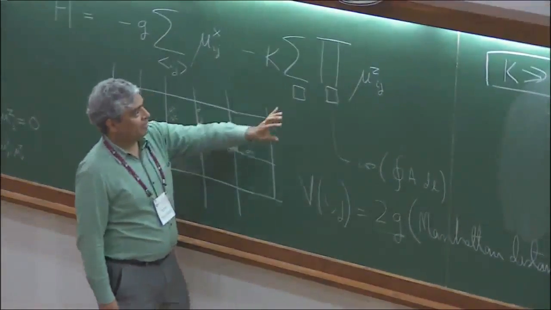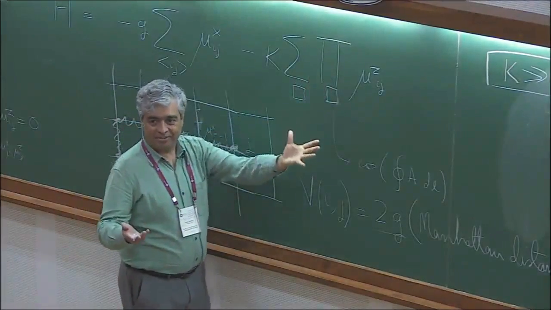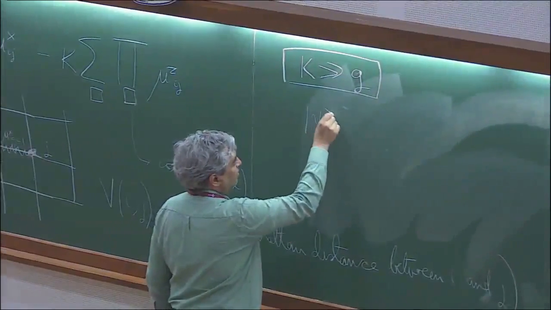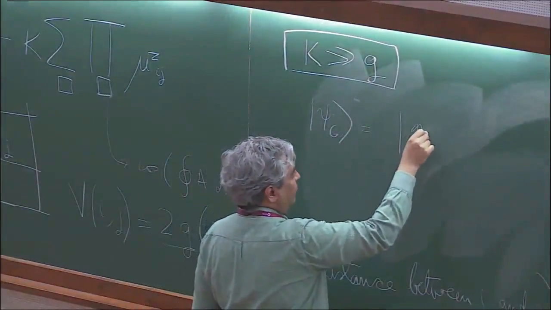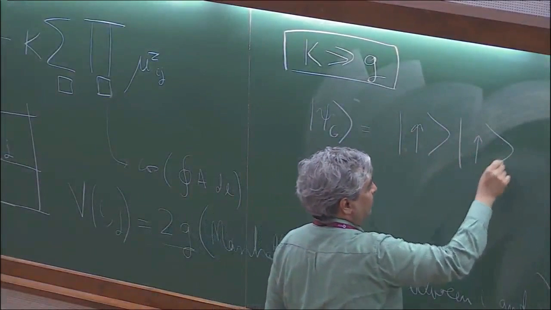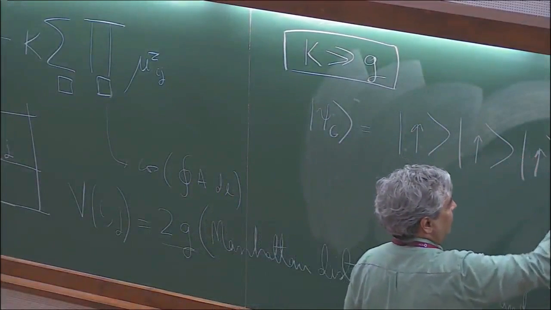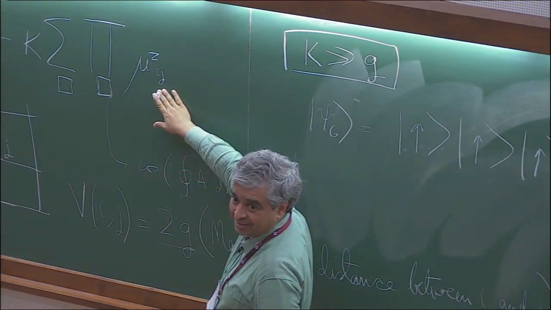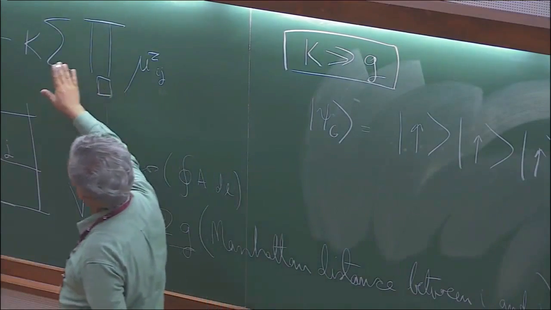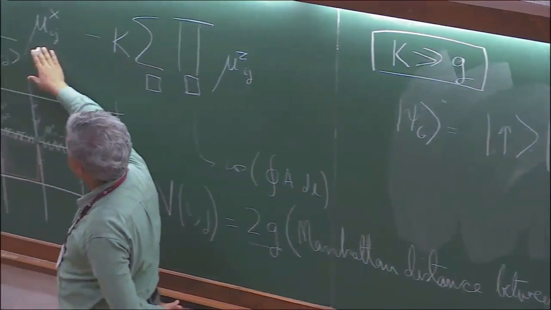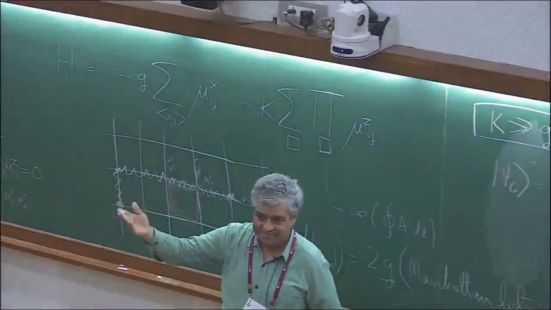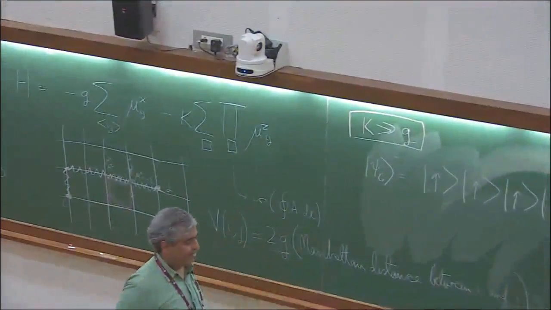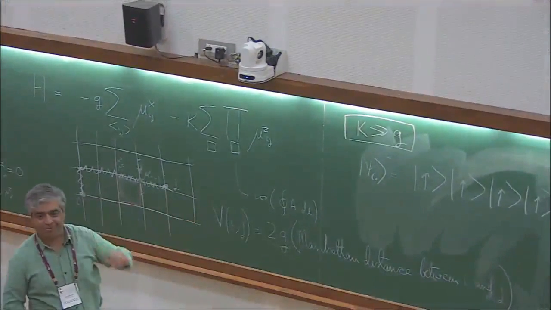And the product of mu z around every plaquette should be 1. So if you want to make every plaquette happy, there's an obvious choice. You can say, aha, my ground state wave function: for every plaquette, I just put every link spin up. And then this is perfectly happy. This is as low an energy as you're going to get, and it gives you +1. And the other term is very small, so don't worry about it. And you're done. So that's actually the correct answer.